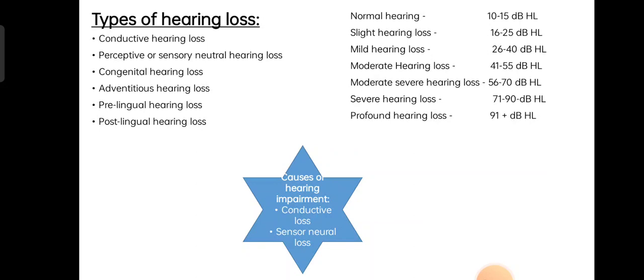So here there are different types of hearing loss. Mild hearing impairment, moderate hearing impairment, severe hearing impairment. As I already told you, profound hearing impairment means 100% impairment, they are not able to hear. If it is mild, it is very slight hearing problems, they can hear the very small, slight sounds.